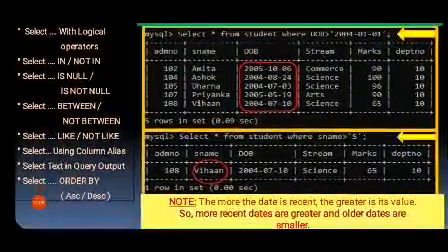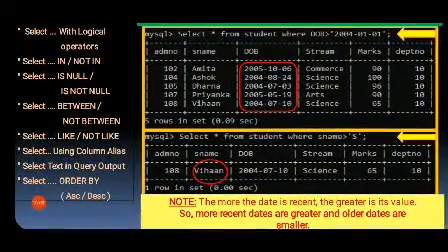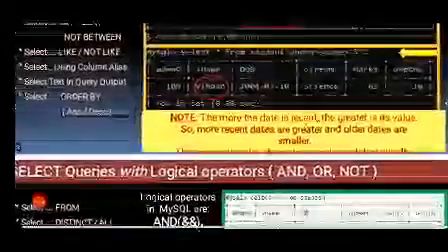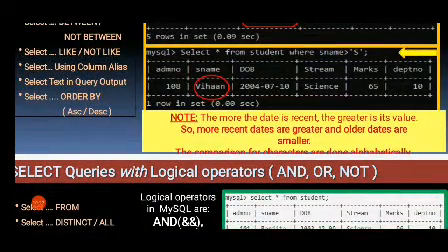If S name is greater than S, then you have got Vihan, because the first letter is greater than S, after S we have got V, so we are getting it. Now you have to always keep it in mind that the more recent dates are greater and older dates are smaller.